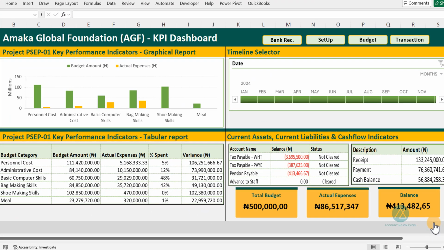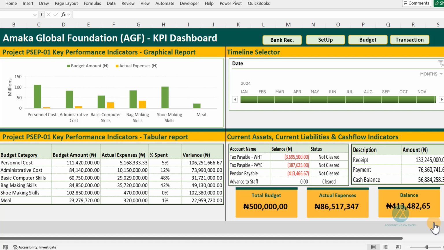Hello and welcome. This is the template that will help you to manage any project you're working on. I'm going to be walking you through the Biz Budget Performance Manager. You can call it Financial Manager for non-governmental organization or the Budget Performance Manager. I'll be walking you through the different features that make up this template and how it will be